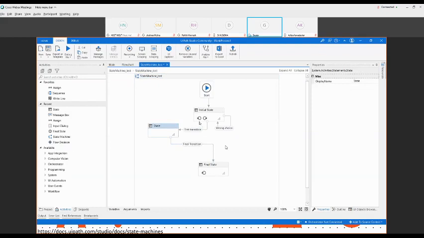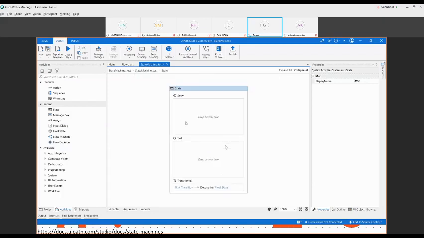So in the states, these two boxes are showing the entry sequence and exit sequence, the exit statements and entry statements. Here you can see only entry, and we haven't mentioned anything, that's why it's empty.